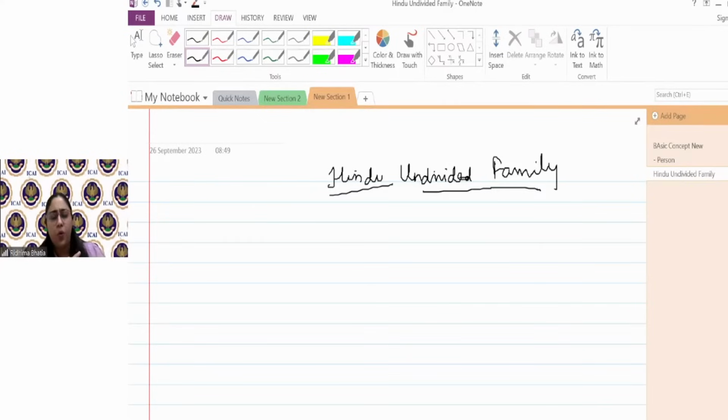It used to happen a lot that a business is run. There is a common corpus, common capital, but it does not belong to just one person. It is for the entire family. The business is run under a family and it is run through generations. It does not belong to any one person. It belongs to a family.